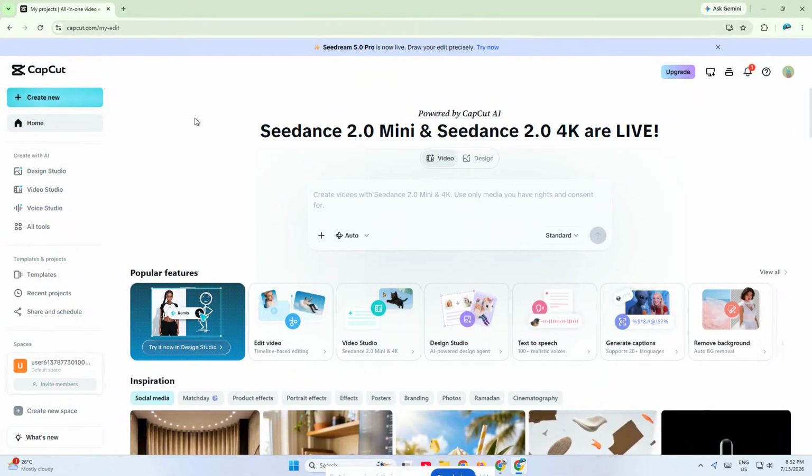Today I'm going to show you how to edit in CapCut online, step by step, so you can get from a raw file to a finished export without feeling lost. This is a great workflow if you want to edit videos or images right in your browser, without having to